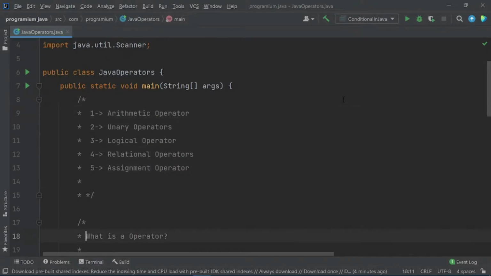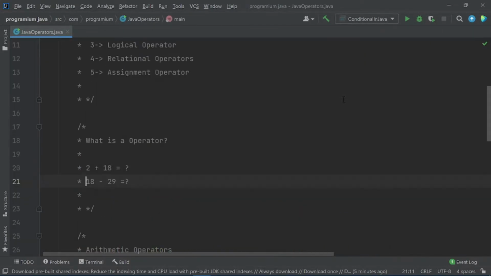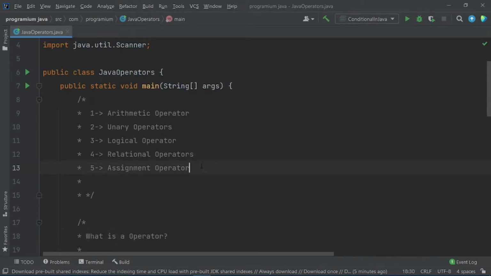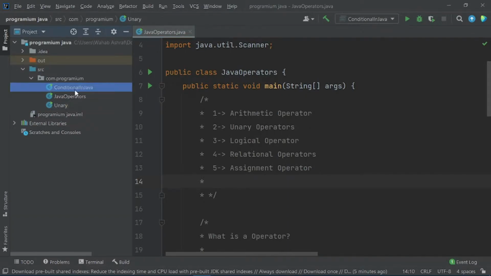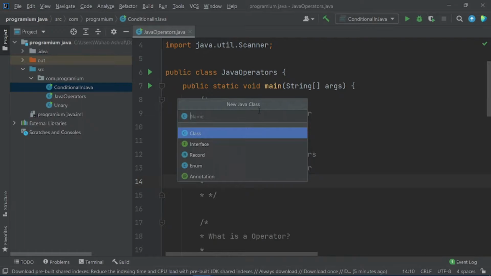So guys, I have opened the file that we modified in our video number 8. We covered here arithmetic operators and the unary operators, and the remaining ones are logical operators, relational and assignment operators. To see what these three operators are, let us quickly create a new Java class here, by the name of logical operators.